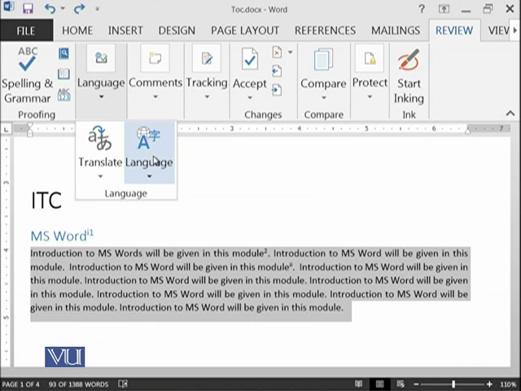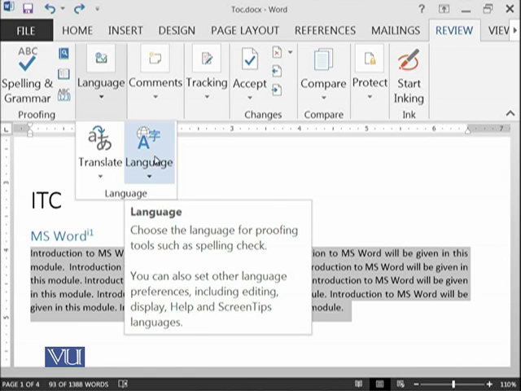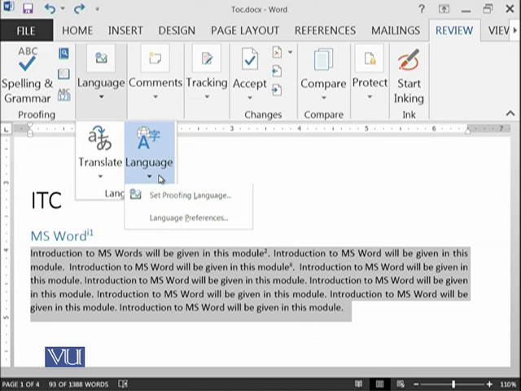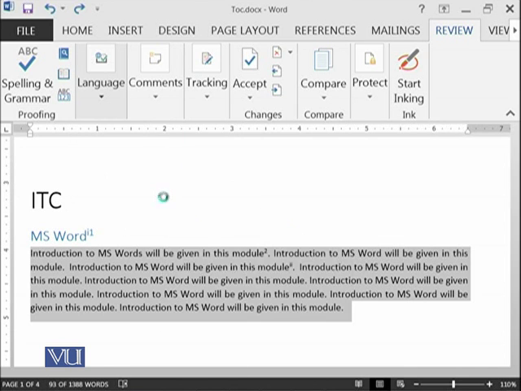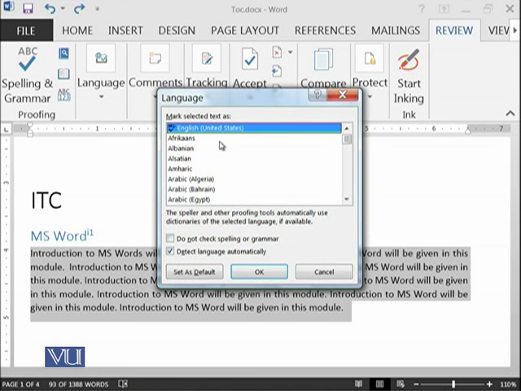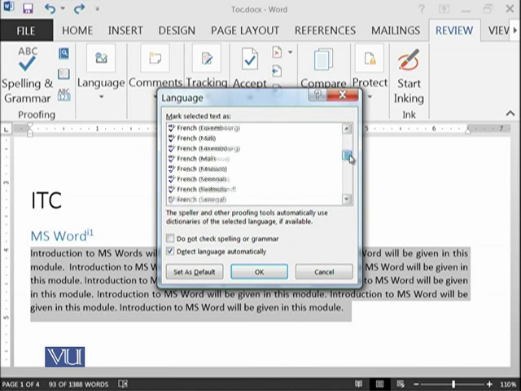The next thing which is very important for you to learn is the language button available in this group. It has two very important options. One is called set proofing language and another is called language preferences. If you select set proofing language, it asks which language you want to select for your document.